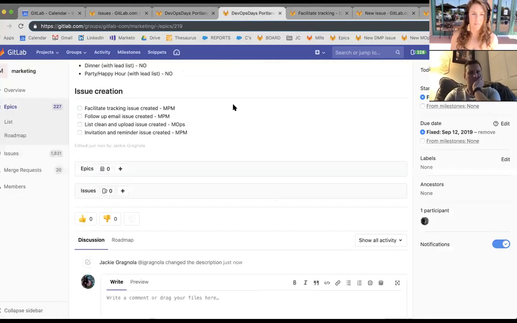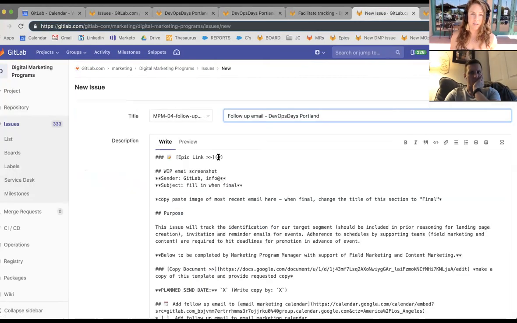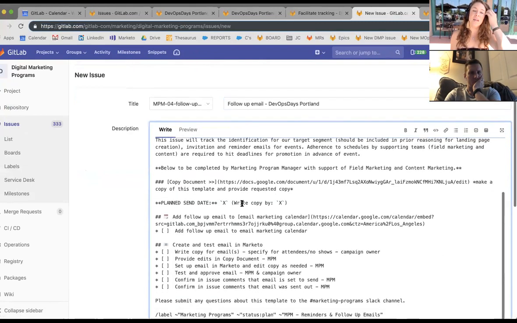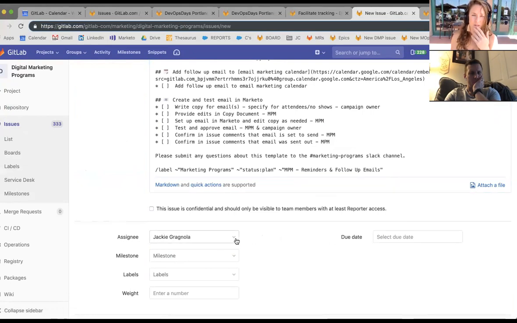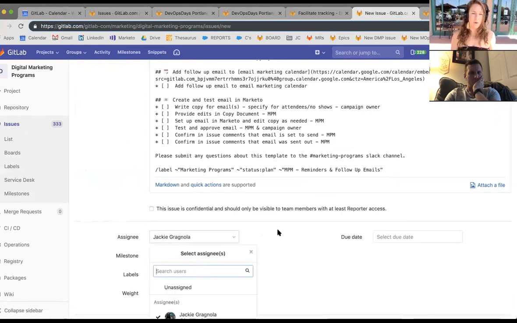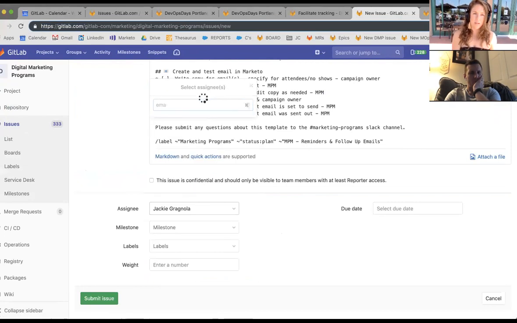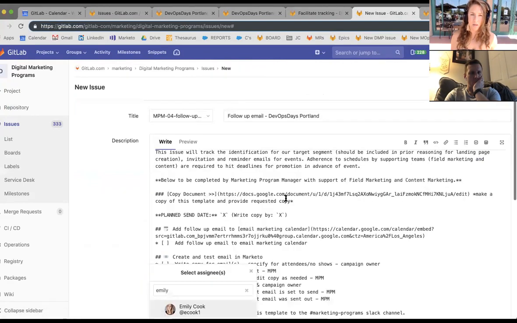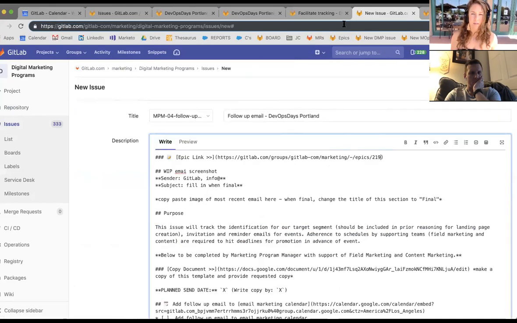Add the epic link so that everything links back a little bit easier. And then create the due dates, which I have tracked in a separate Google Doc because we can't do Gantt charts as much. So I work off of a Google sheet with a bunch of formulas in it. But Emily Lears needs to give me the copy, so she'll be here. And I'll need the due date.